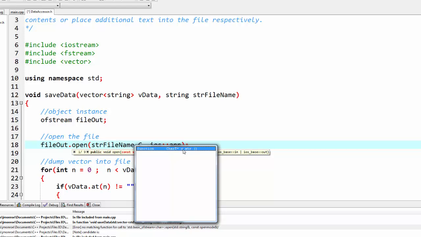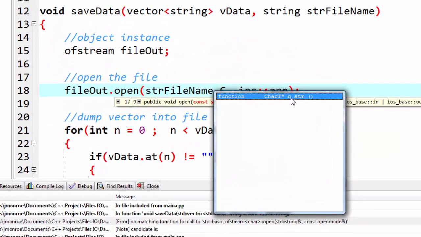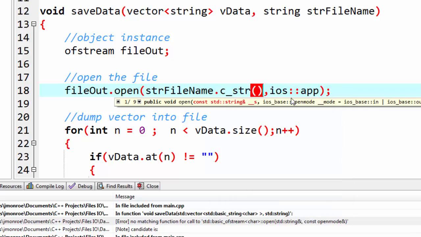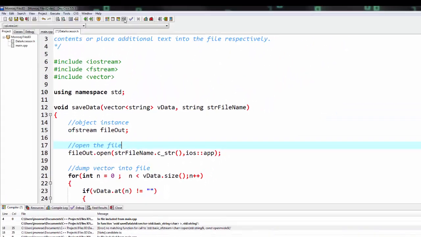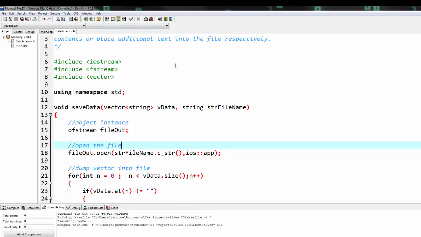What this function does is it converts a modern string type to one of the old C string types. So I'm going to select that there. Okay, so that little function right there is all we need, or all we should need. Now if I build this whole thing, we shouldn't have an issue. And now, when I run the program,